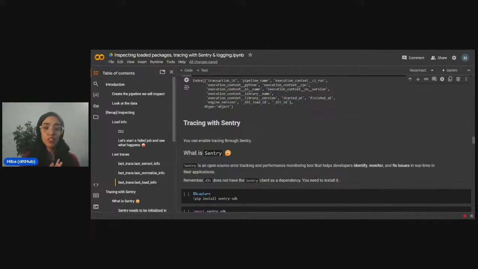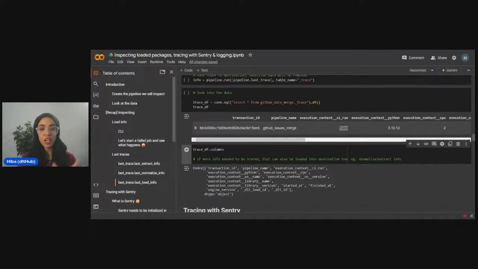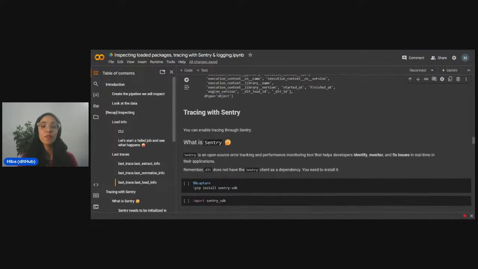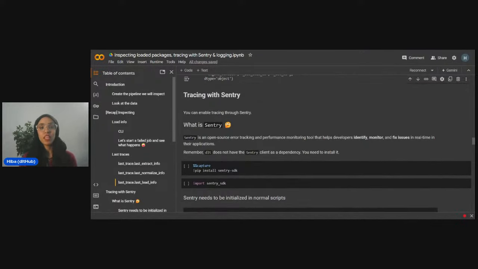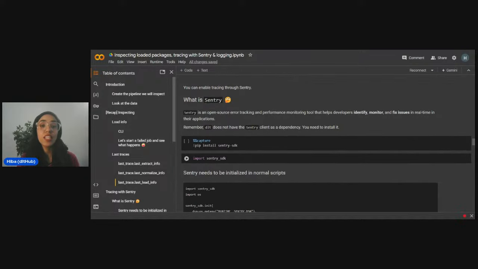And you can enable this tracing through Sentry, which is another method of doing so other than putting it into your destination. So what is Sentry? Sentry is an open source error tracking and performance monitoring tool. It helps you to identify, trace and monitor issues that will show up on a dashboard for you. It is not a part of the DLT package, so you will have to install it separately, but you can